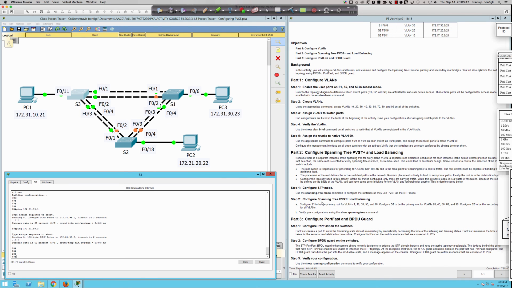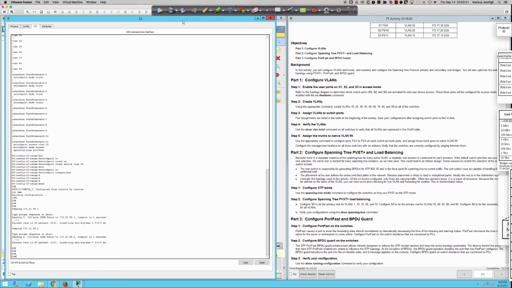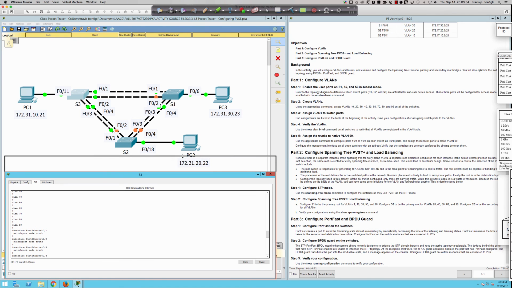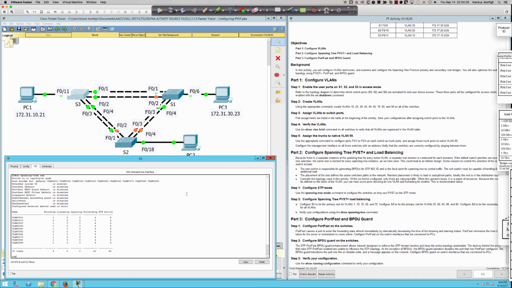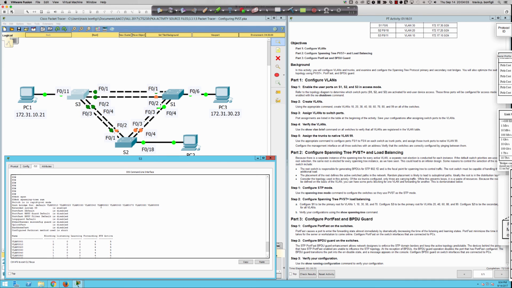Now we get into configuring spanning tree. And so what I'm going to do here is, not going to do that just yet, but I'm going to give us a little more room to work with. So we've got these trunk ports. So what if I say show spanning-tree summary, right? When you say show spanning-tree summary, take a look at the default mode here on this 2960. And again, this is Packet Tracer. Your mileage may vary with the real hardware that you're working on, but it says switch is in rapid PVST mode,